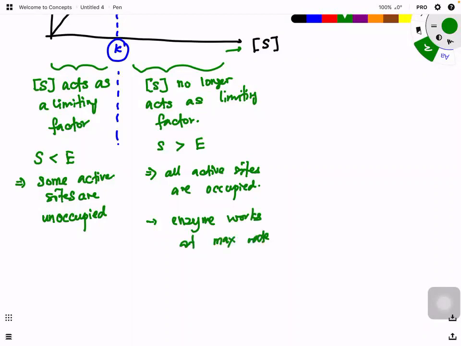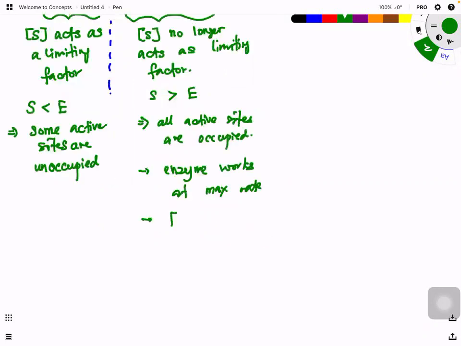Okay, the highest already, because I already occupied all the active sites. What can I do? I can't do anything unless I add more enzymes. Are you clear? So therefore, we know that in this moment, enzyme concentration acts as the limiting factor. Are you clear? Because the enzyme concentration acts as the limiting factor, my substrate is actually more than